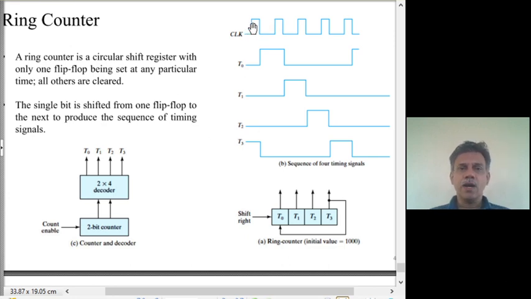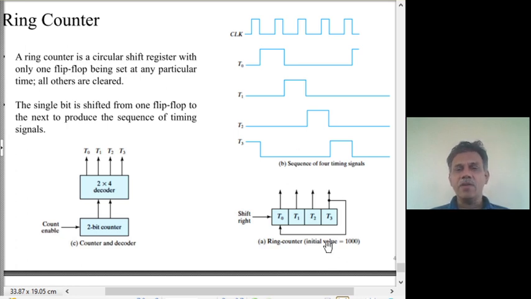So if you look at this, this is the base clock that controls the circuitry. In the first clock period, T0 is 1, and all the others, T1, T2, T3, are zeros. In the next clock period, T0 is 1 only during the first clock period. T1 is 1 during the next clock period, and then T2 is 1, and then T3 is 1, and then you go back to T0. So this is how we would like to do it.